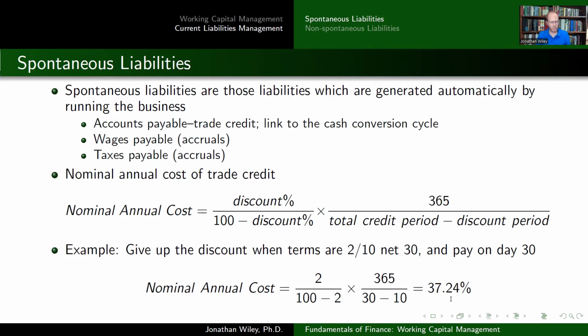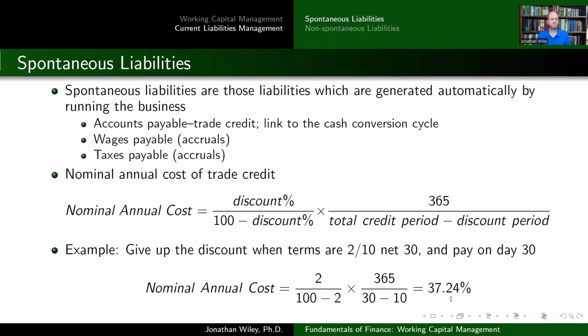When is the absolute worst possible day to pay? The day after the discount period. Because once you get to the day after the discount period, you missed all the discounts and you got one measly day to show for it. And so on an annualized basis, that will almost assuredly lead to a horrifically high nominal annual cost associated with that transaction. So pretty much businesses that are selling on account are providing a very strong incentive to their customers: pay within that discount period, because it's probably advantageous for you to do so. And it would probably even be more effective for you to borrow somewhere else to make sure you could pay